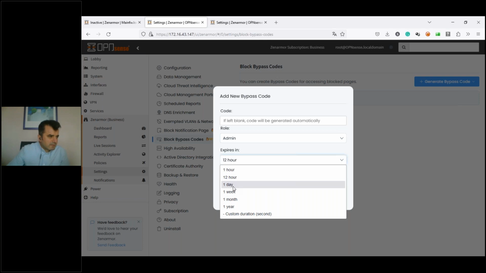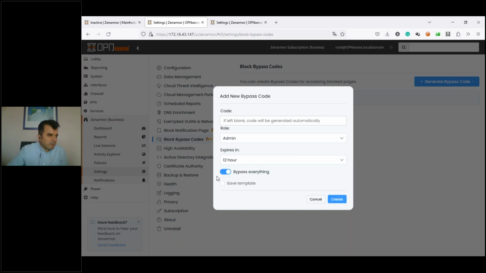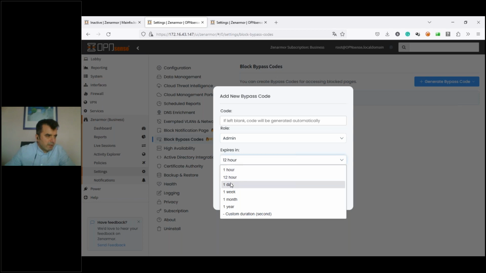You can set the expiry time for the PIN number. Actually, there are two time periods for this. The defined time sets how many days or hours the PIN number will be used. But there is a static time, which is 12 hours. So the website or IP address will be accessible only for 12 hours, and the user needs to use the PIN number again after 12 hours.